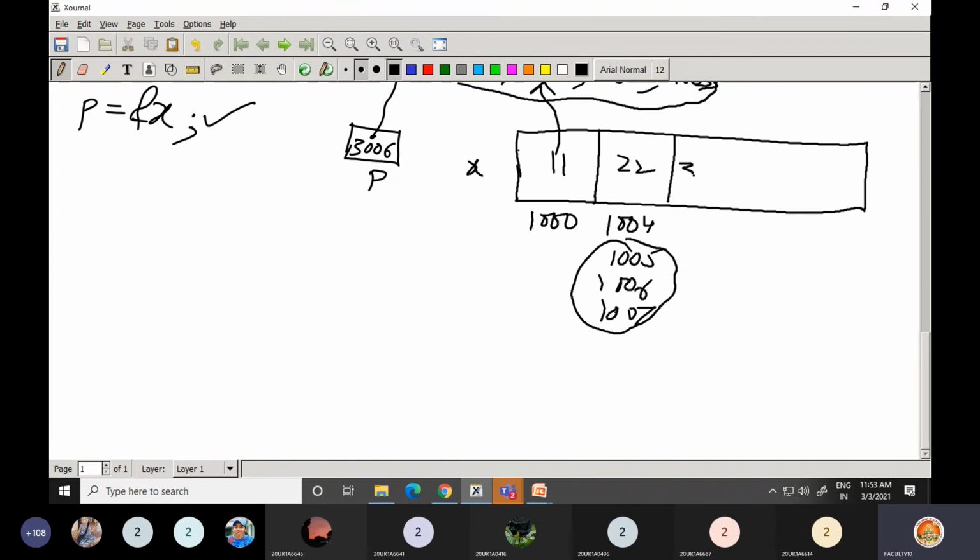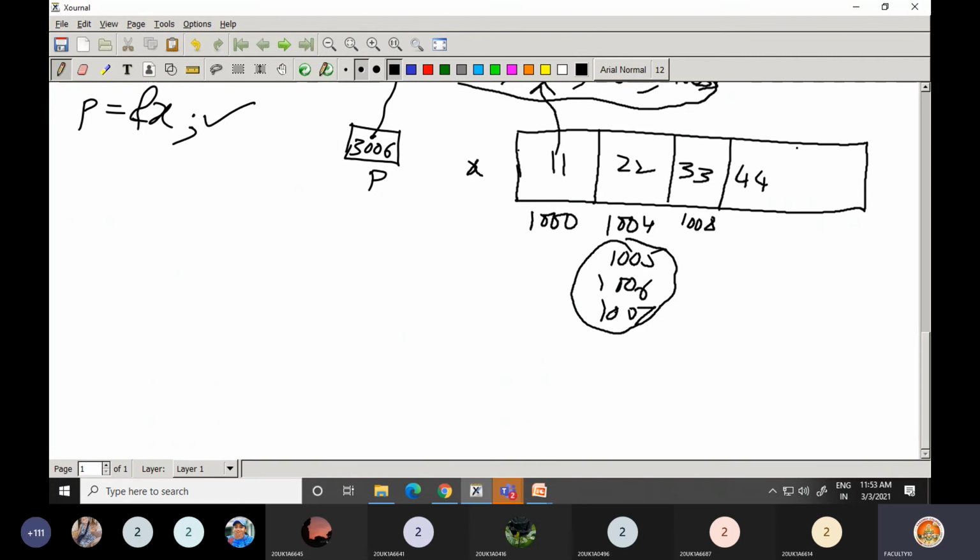Now if it is 33, the next element, what is its address? In this single box there are 4 addresses: 1004, 5, 6, 7. Then immediately the next byte address is 1008. So the address of this 33 is 1008.